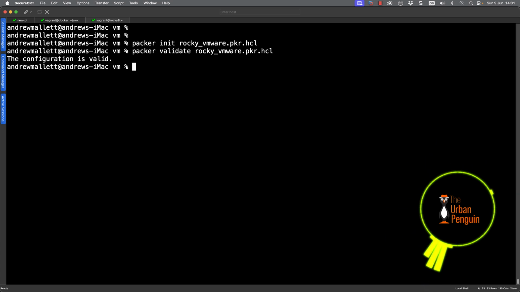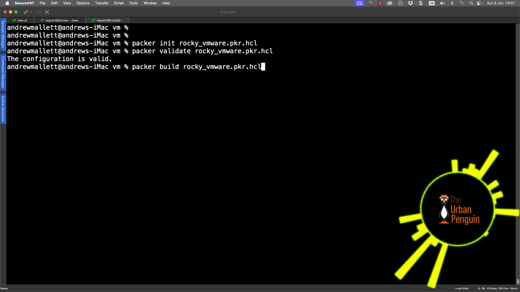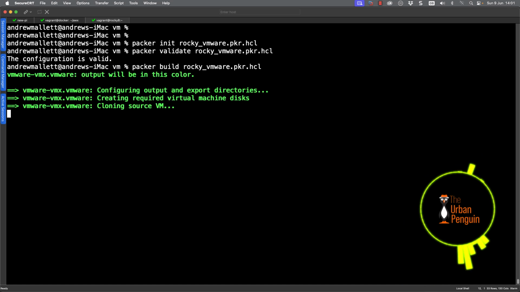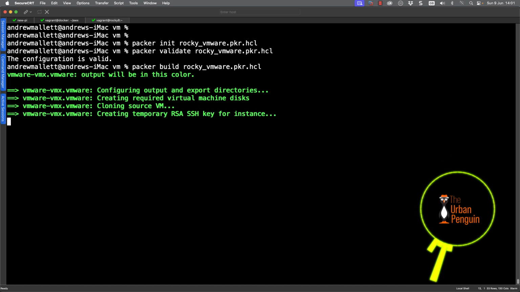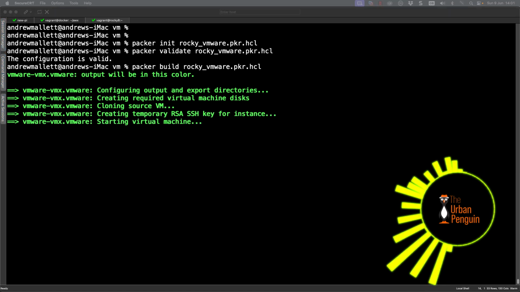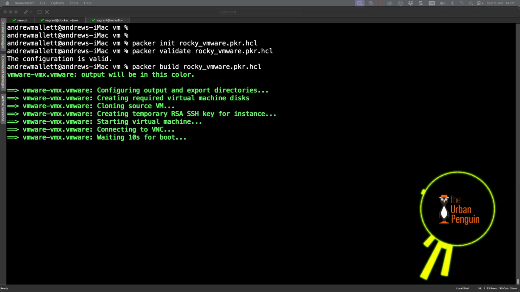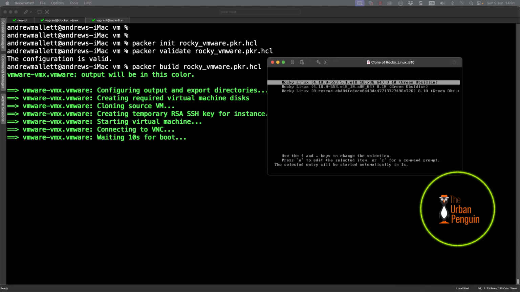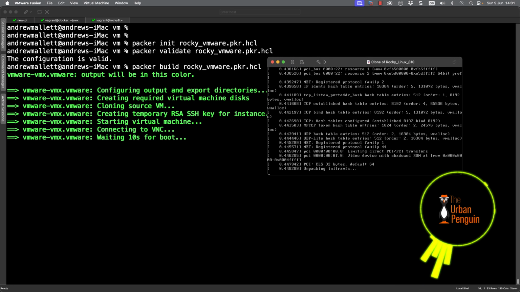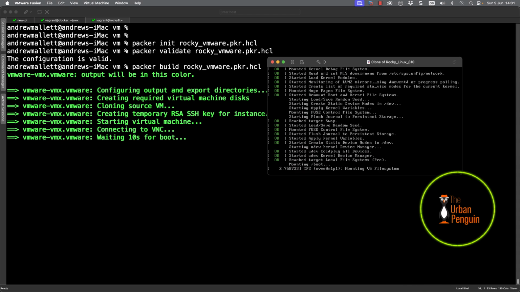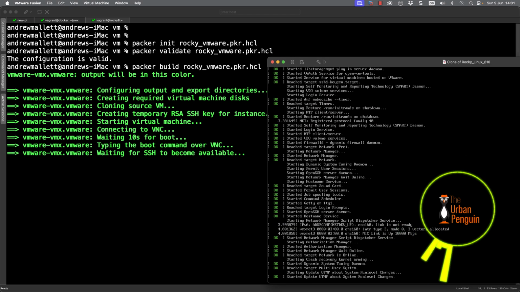Make sure, of course, that you are setting the correct source for your virtual machines, and then we can go through and build based on the HCL file. So you can see then the output all colored green, so this is good. If it starts going red, then we have some problems. So we're waiting obviously for the system to boot, and I can drag it across and you can see that it is firing it up, and it just calls it a clone.